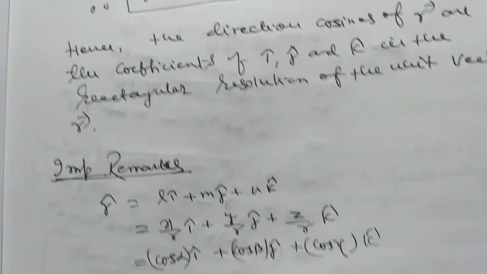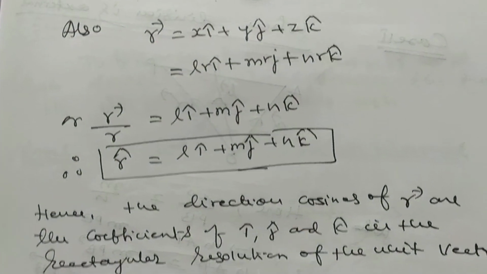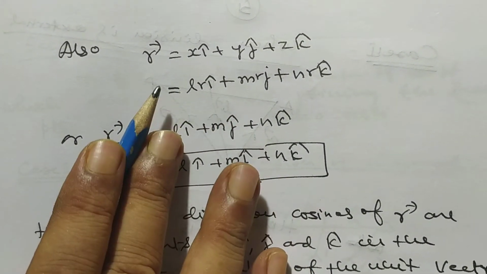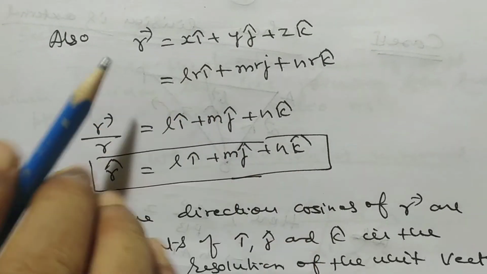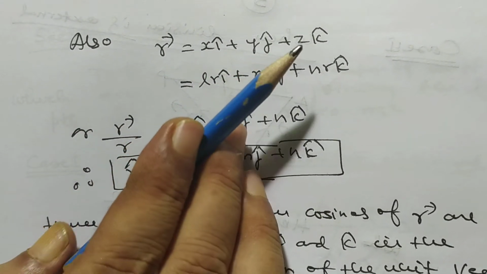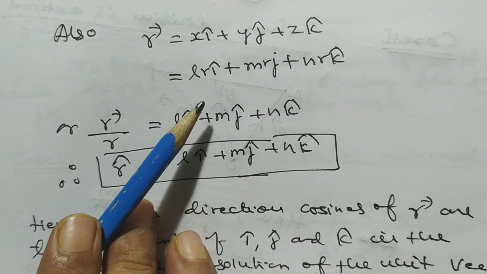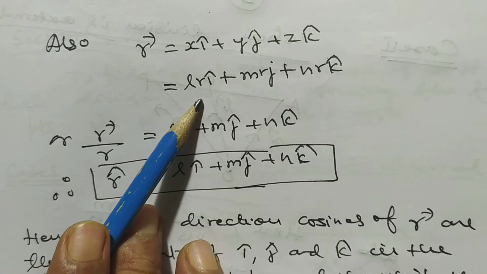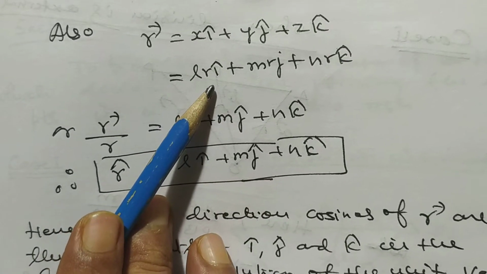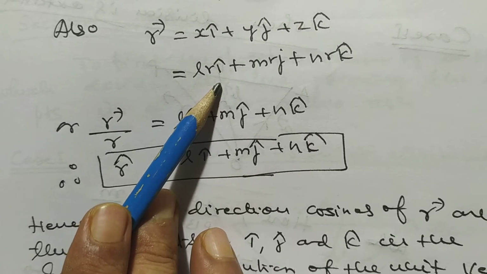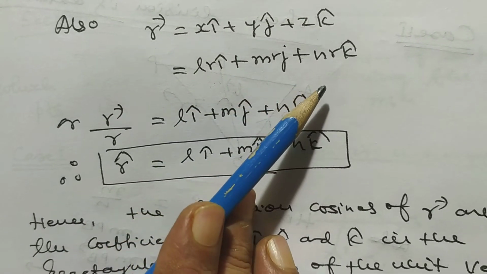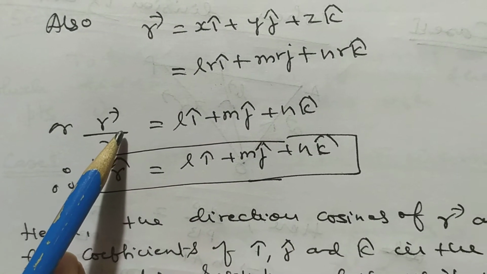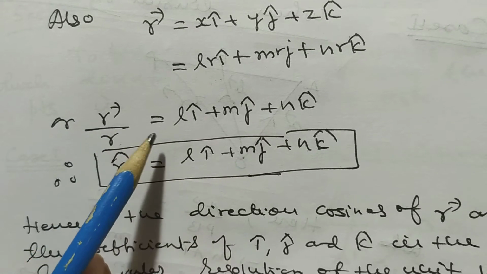Now, my dear students, also vector R is equal to xi plus yj plus zk. These are the components of vector R along the x-axis, y-axis and z-axis. So it can be written as LRi, MRj, NRk. So, if we divide it by R, then it will be